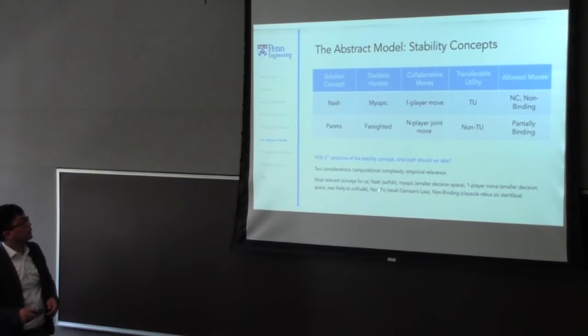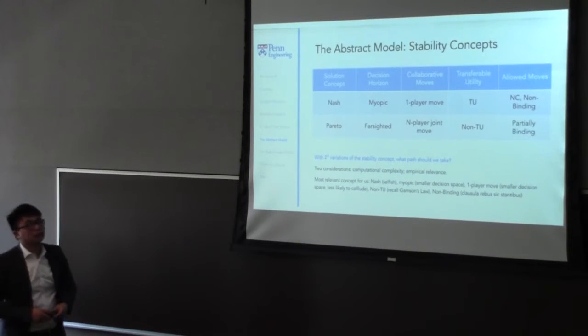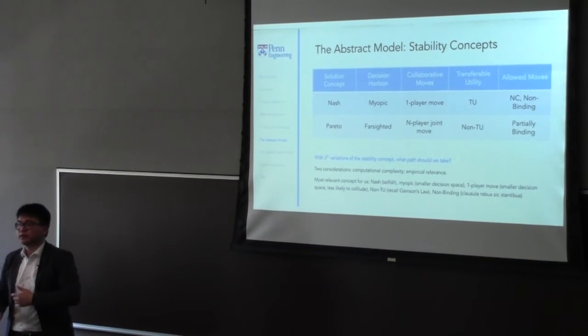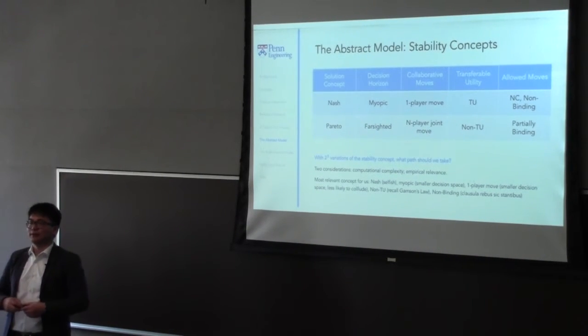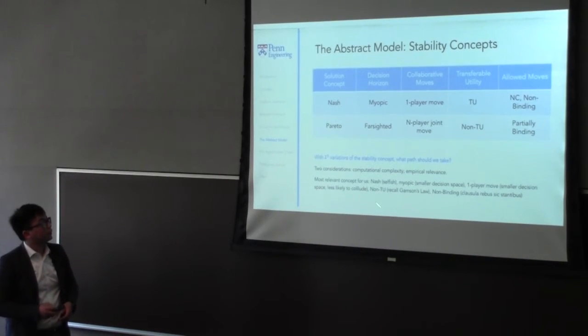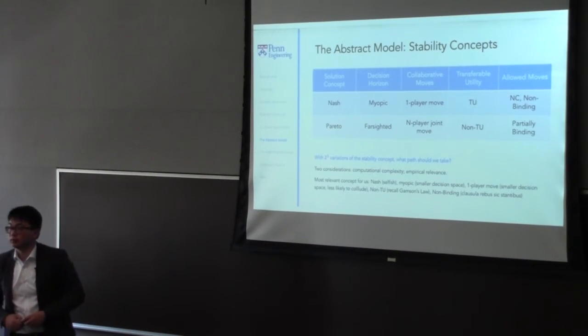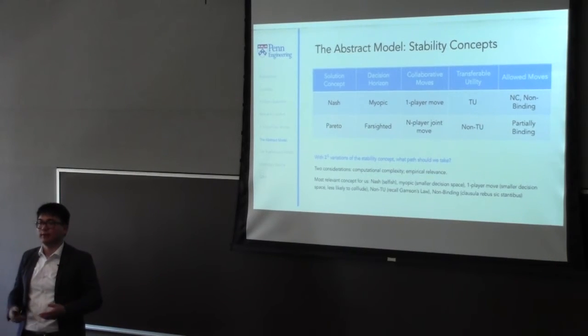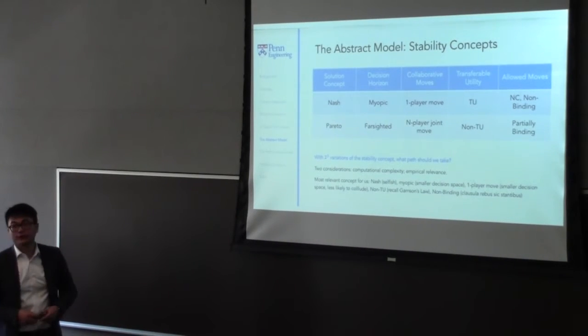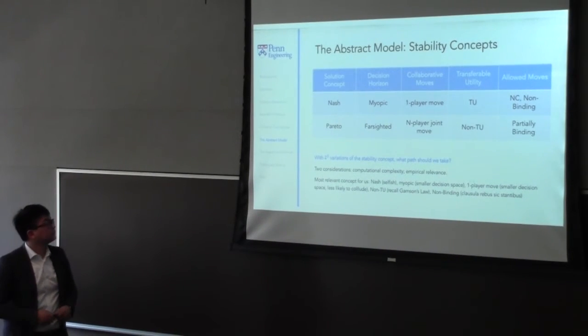And then it's non-TU, so transferable utility is not really allowed in the games because it changes so fast, and you don't really think about end games. And also in intrastate conflict, I don't really think anybody's willing to share. And that's actually also a part of Gamson's law because, remember, it doesn't depend on process. It only depends on the topology of the coalition structure for the payoffs. And the things are non-binding, which means the clauses are as they stand.